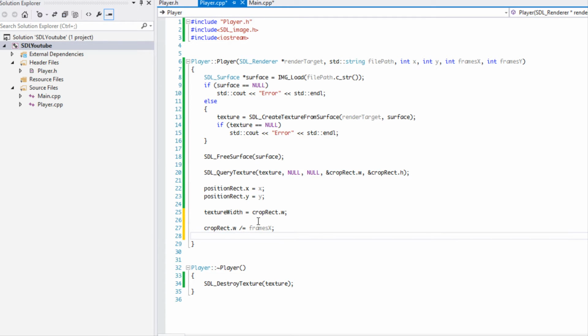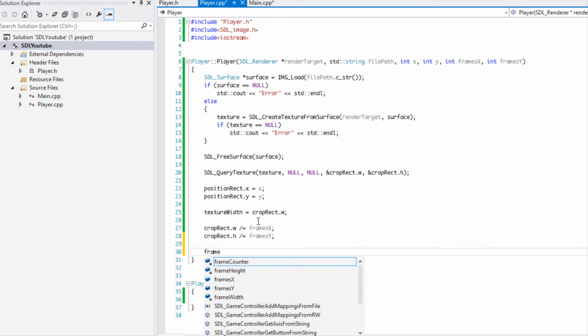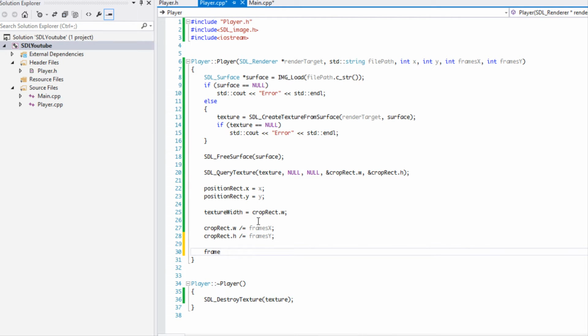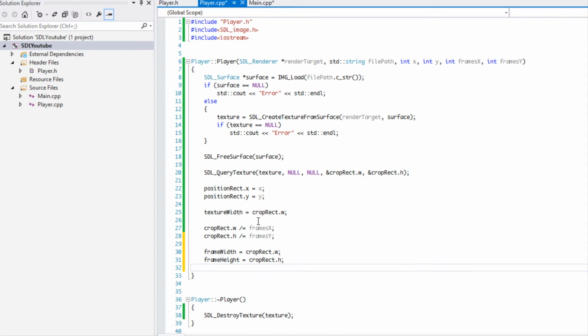So if we say we have 3 frames in the x coordinate, it's going to say, okay, the total width, which is 96, divided by 3 is going to be equal to 32. And same thing with the height. Let's say frames y. And so we're going to say our frame width is equal to crop rect dot width, and our frame height is equal to crop rect dot height,